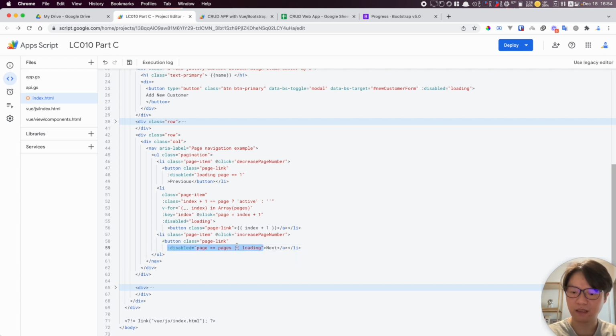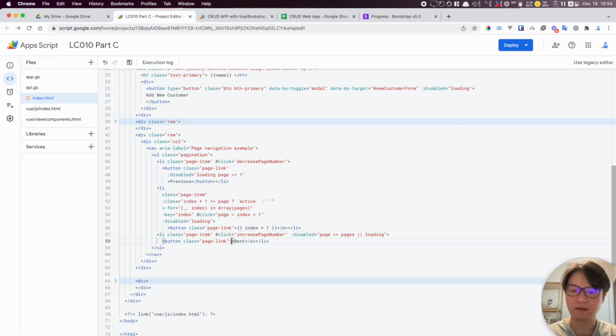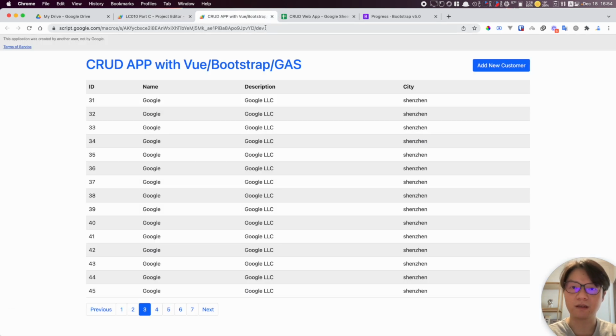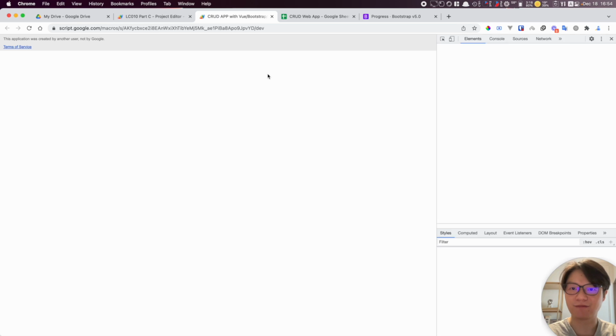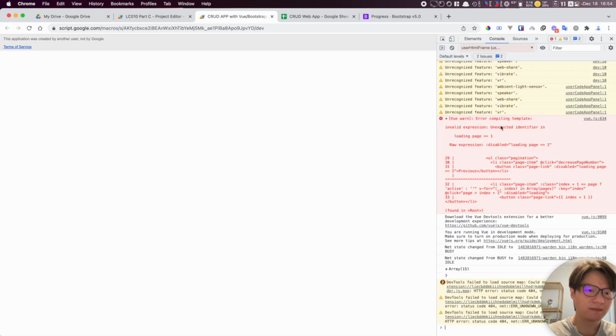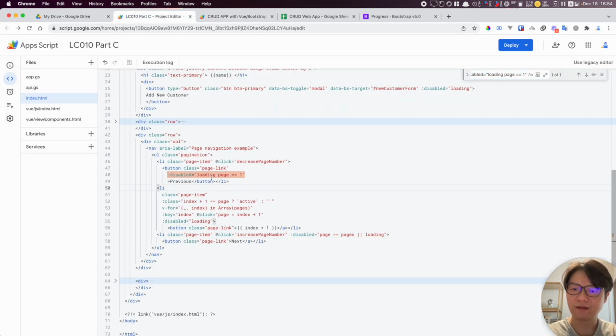Maybe I need to add it to here for this list item. So maybe let's check what's going on here. So, looks like something is wrong. Invalid expression. Disable loading page equal to 1. What I did. Okay, loading, or